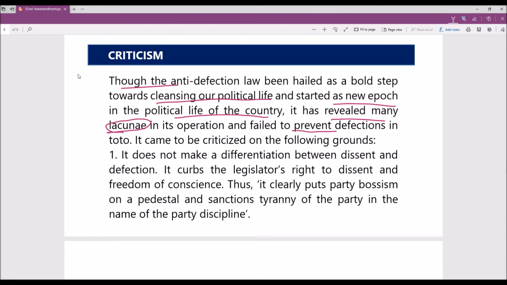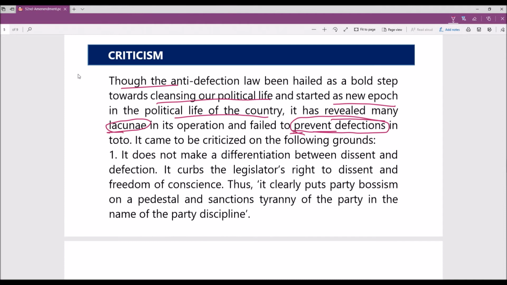Really, did we prevent defection? No. We have seen what happens. People resign and then fight the by-election. It could have been strong if anyone who goes out of the party by resigning were banned from fighting an election for another 10 years. Then it may really help in fighting defection. We have seen in MP, a few Congress MLAs resigned and BJP formed the government. Those who got disqualified will fight in the by-election or the next election. It could have been strong if any member who goes out of the party could not become a member for another 10 years. But political parties will never do it.